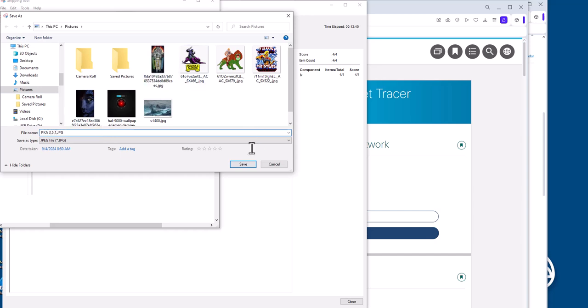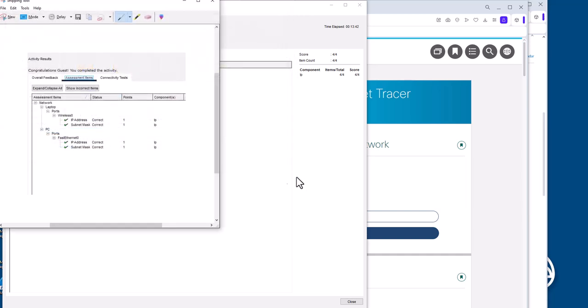Okay, save. We could just copy this for later pasting. Okay, now that we've done that, what I want to do is open up a window